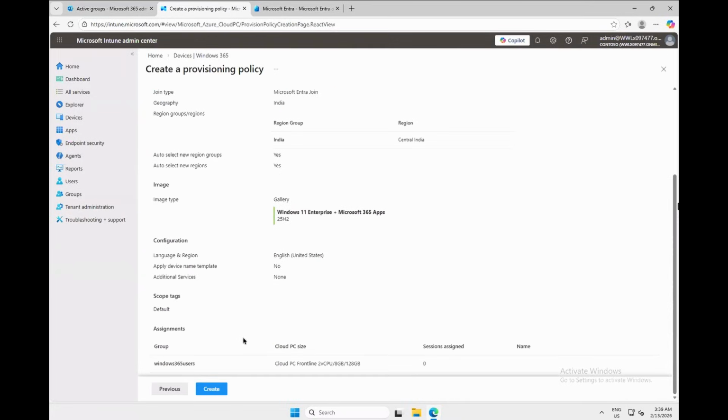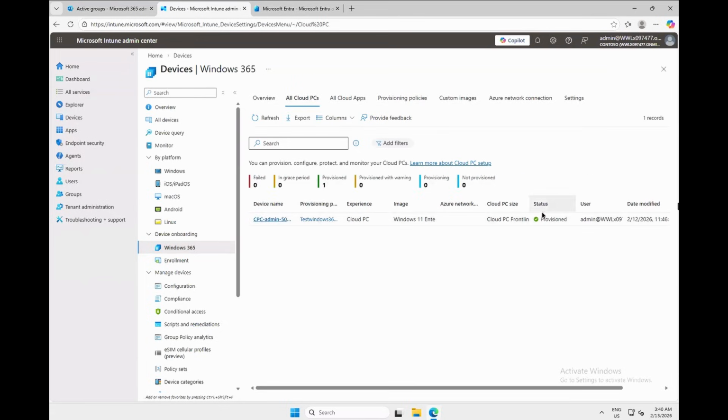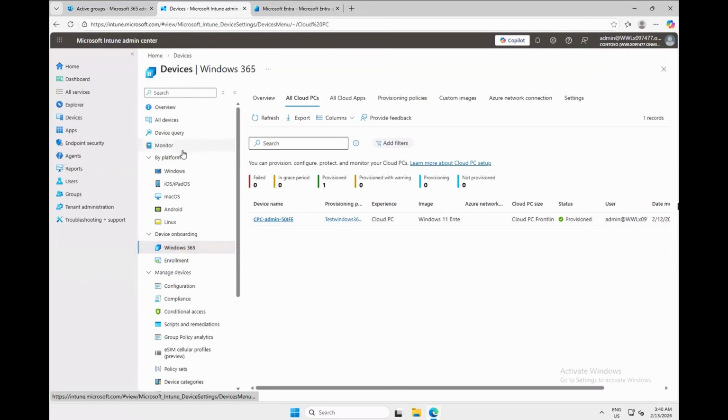And finally, we reached the summary, and we need to click on create. Once you have created this, you will see the provisioning start for the virtual machine. If you go under All cloud PCs, there you will see the status of provisioning. As you can see in this case, the provisioning is completed, so we are getting this provisioned state. Here, it has automatically created a device name. It's random because we have not provided any naming space template. Once your device is provisioned, you can explore that device from here, going to this Intune portal and under this